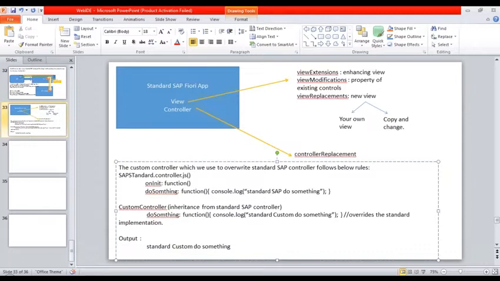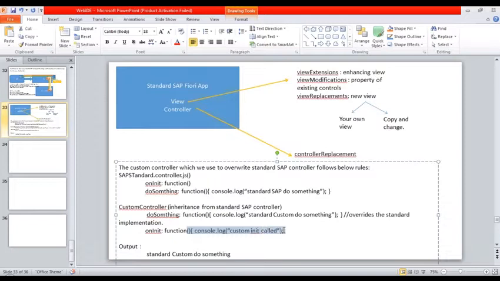So when you write this in your custom controller's onInit, let's say you're writing console.log "custom init called",